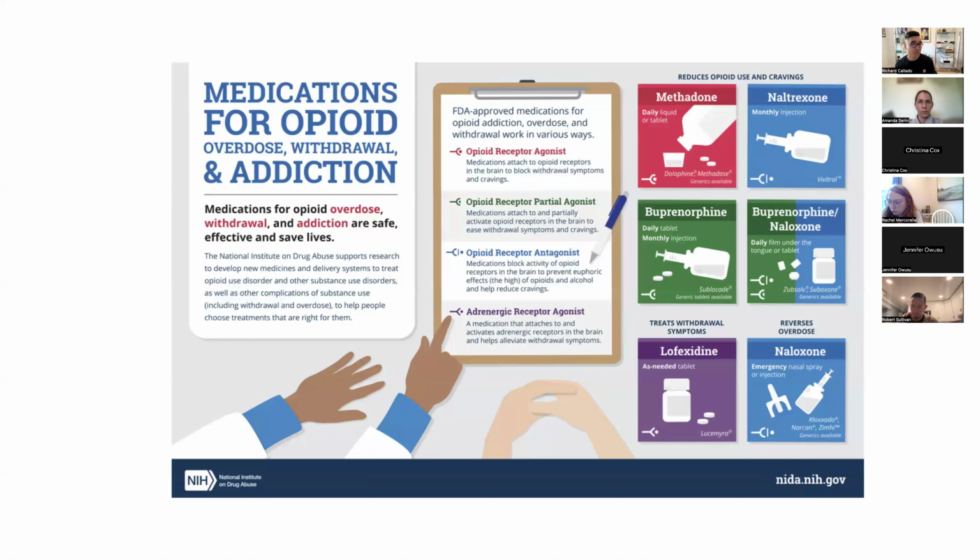These are medications that we use for opioid overdose, withdrawal, and addiction. All right. Like I mentioned before, we have methadone, which is long-acting. It comes in liquid. It comes in tablet. Naltrexone, which is Vivitrol, is another name for it. It's a monthly injection. Buprenorphine is a partial agonist. All right. They do have long-acting buprenorphine now, which is called Sublocade. I've never used it, but I'm familiar with it. Usually people who specialize in substance abuse use that. Buprenorphine naloxone, which is the film. Common name for it is Suboxone. That's the one I'm comfortable using.